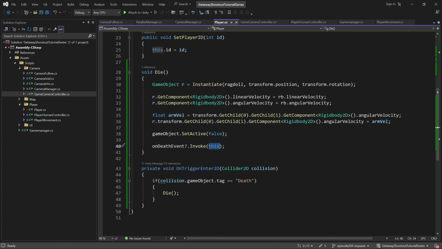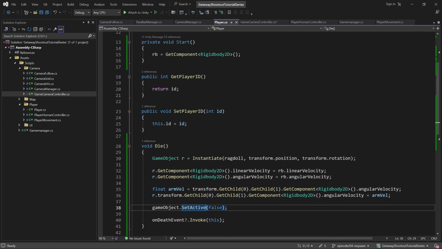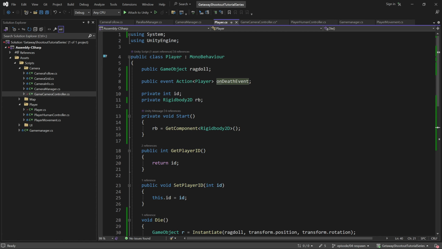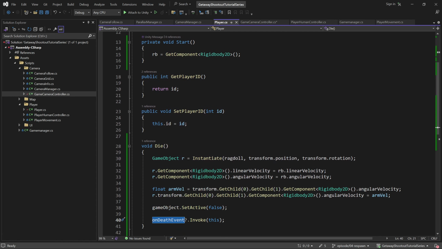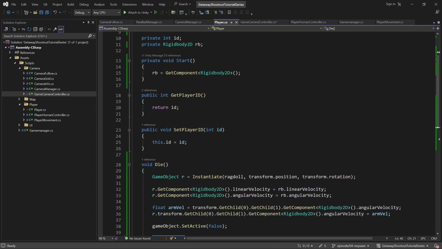Instead of notifying that I'm passing in this player, I'd like to notify that there's a new ragdoll player so that can follow that component. So either on death event we'll pass in the ragdoll, or